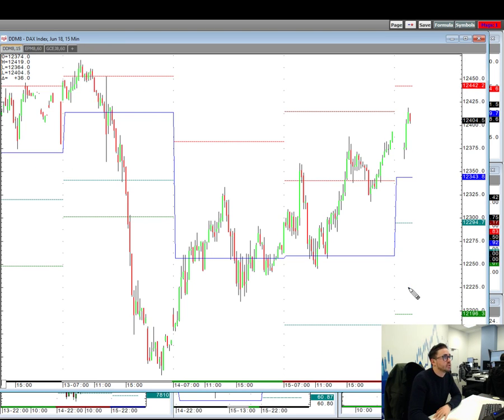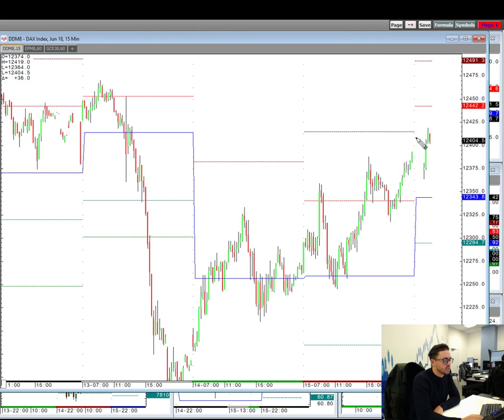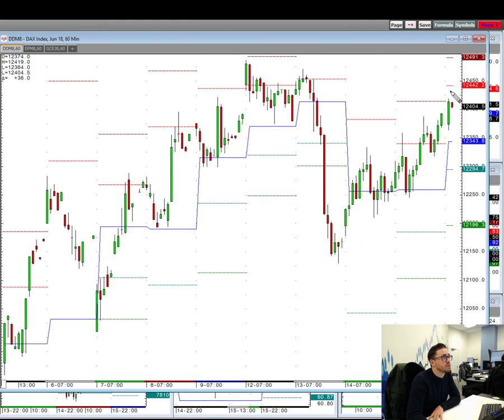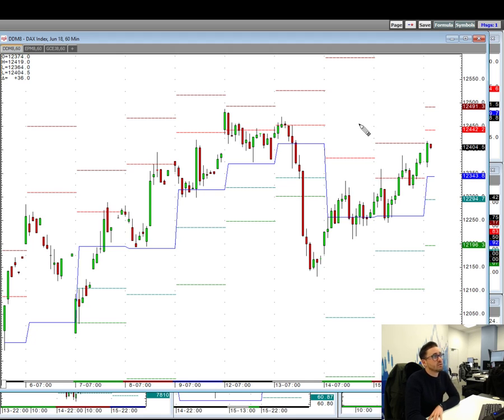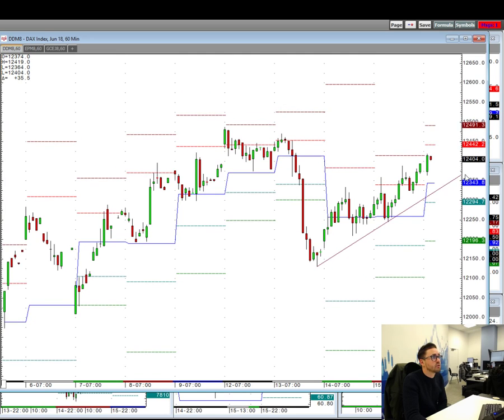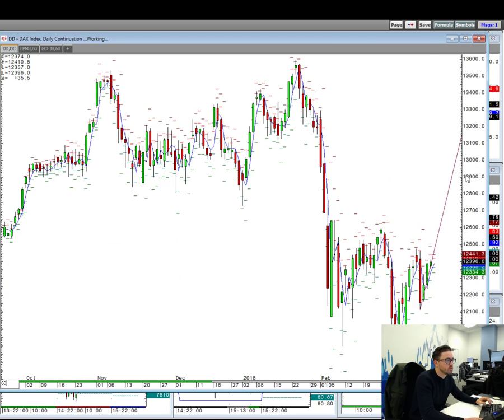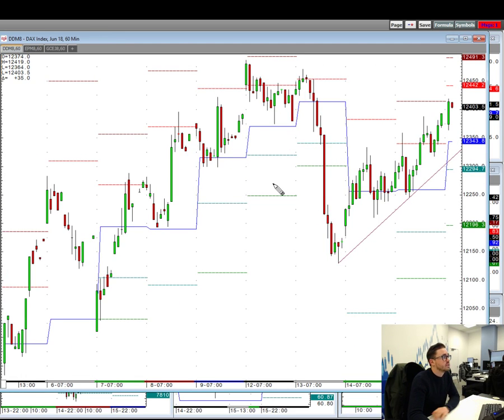DAX just pushing higher this morning. Obviously there was an issue with Eurex, but it seems to have been sorted now. Trending higher. We'd probably get a trend line on those lows if we were to get a bit of a retracement back down. Obviously we're now trading the June contract for the DAX, so that's why on the left hand side the data isn't the best. Although looking at a daily continuation will help clear all of that up to some respect,